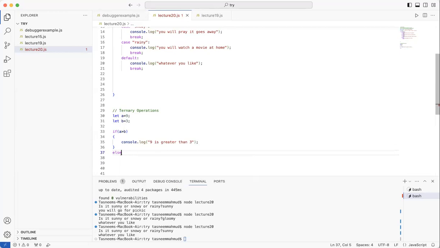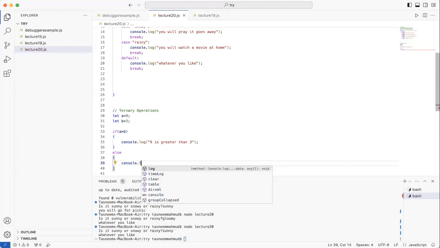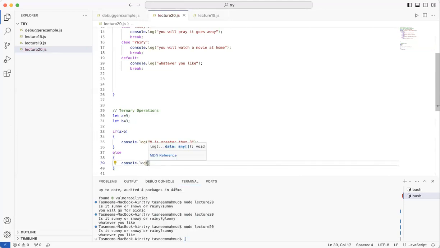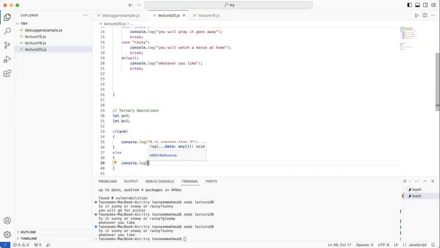Else we can write, say, this is just an example, so there are more aspects to it. So let's just console that it's wrong if it's not. Okay.